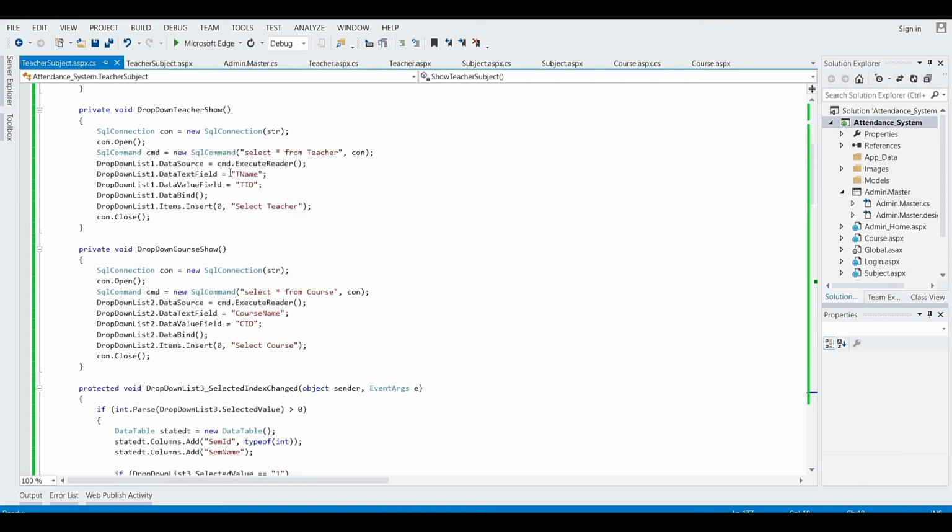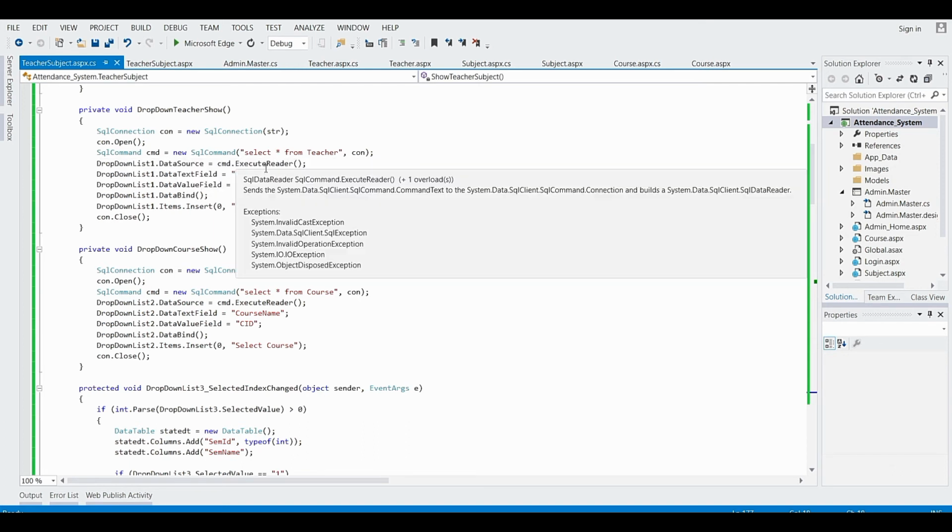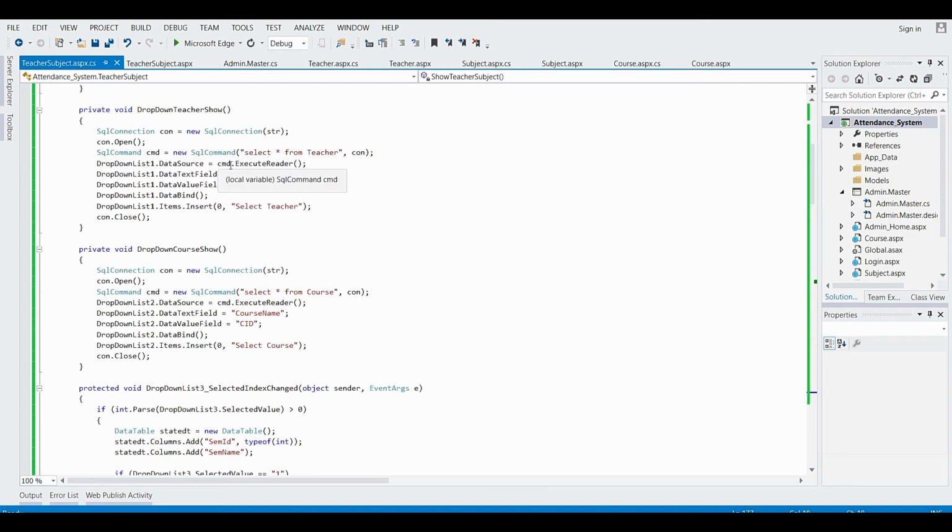It is going to execute this SQL command and store it as the data source for the drop down list. After that, I have given the drop down list dot data text field, that is t name, and data value field is equals to tid.